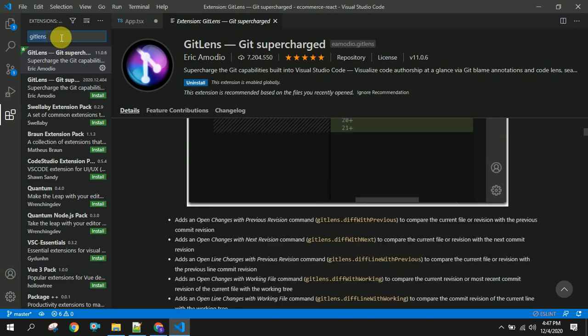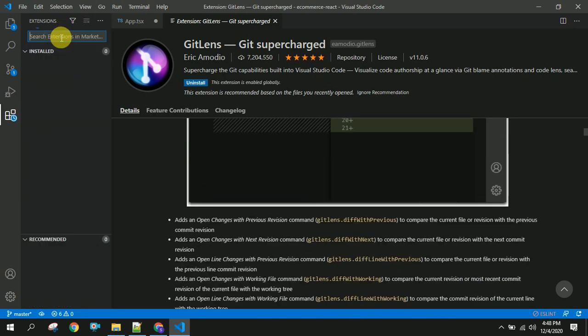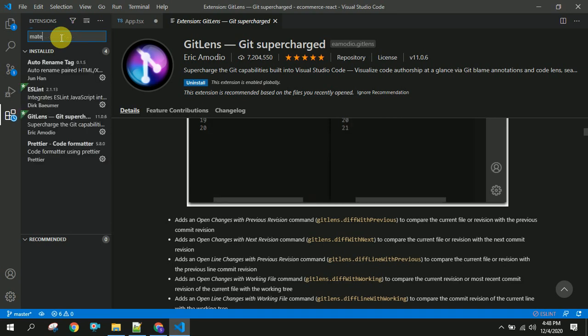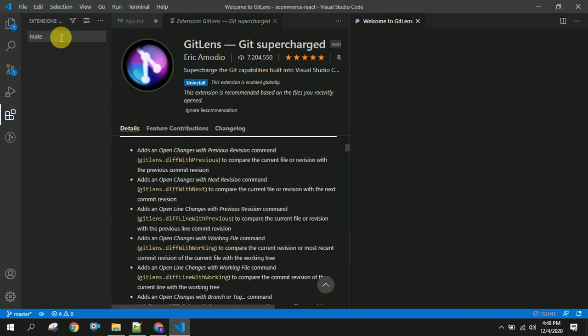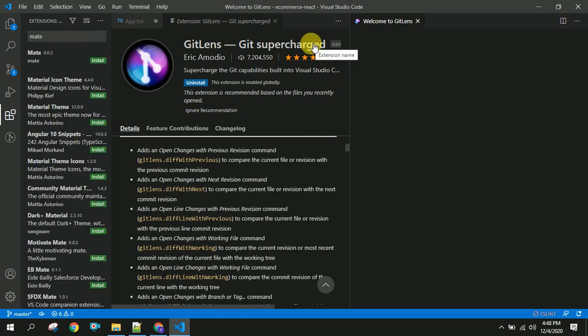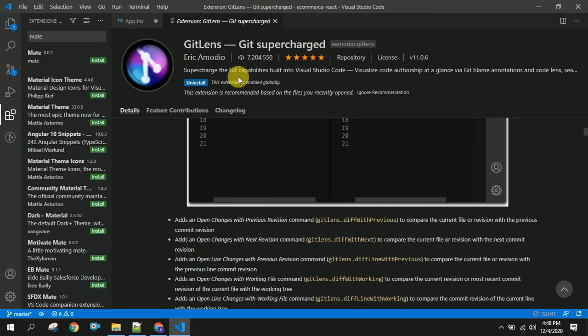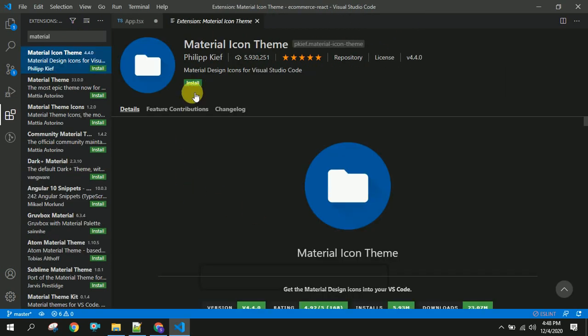So the next thing I am going to install is Material Icons. So we are going to install this Material Icon. I am going to install this here.